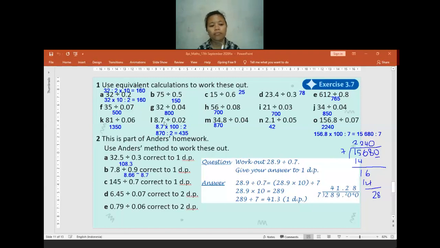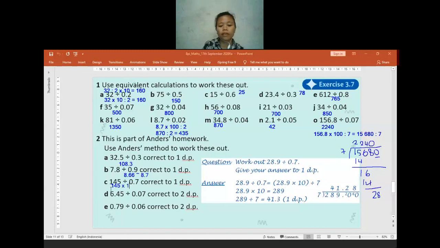Any confusion, or maybe my explanation is not clear enough? You can tell me, you can remind me. No? Okay. If no confusion, let us move to the question C. We have 145 divided by 0.7. How many did you get for the answer in the question 2C? How many? No, the answer is not 22.2. I disagree. Is there anyone else who already done the question 2C? Not 22.2? Or is there anyone, or most of you get confused?